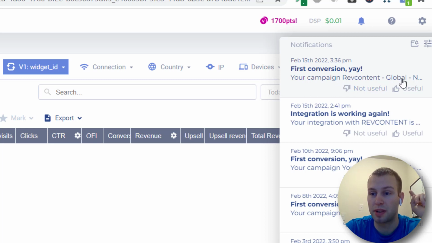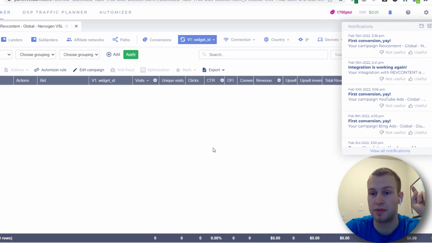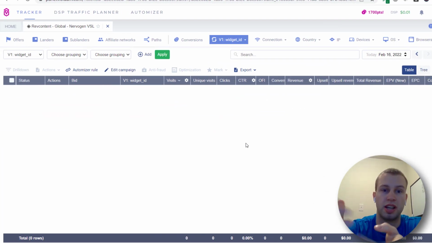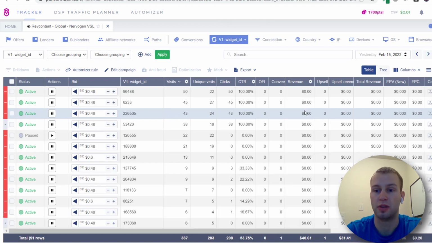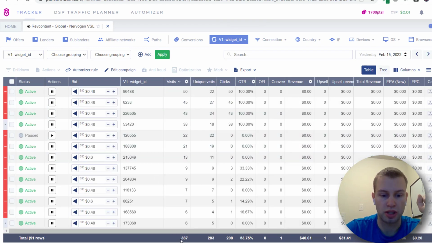Your campaign RevContent Global Nervolgen received its first sale, which is super exciting because I set up the ads and the ad copy right in front of you, so now we can go see what made the sale. So if I go to yesterday, so you can see we got 387 visits, 208 clicks for a 53% landing page click-through rate, which is really good. You can see we got one conversion for